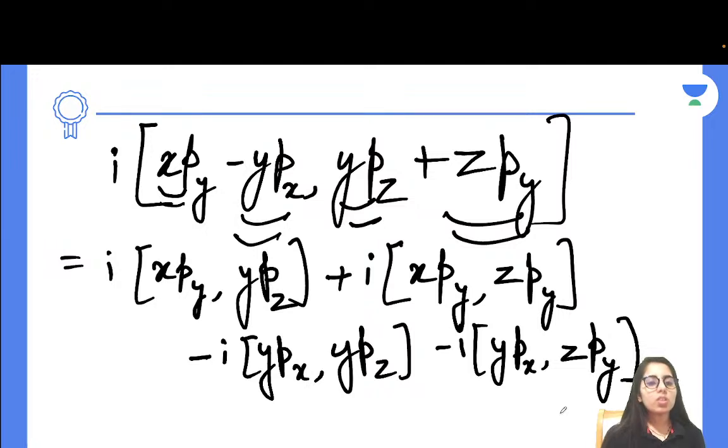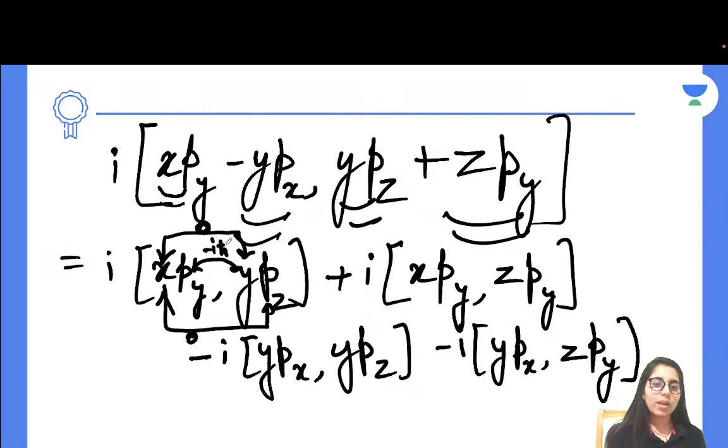Now, if I'm going to talk about the next thing, you have to now consider the pairs like x with y. What will it give you as the commutator bracket of these two? 0, right? x with pz, what will it give you? It is also going to be 0. But py with y is non-zero, and what is that? That is going to be negative iota h cut, right? And py with pz will be what? It will be 0.